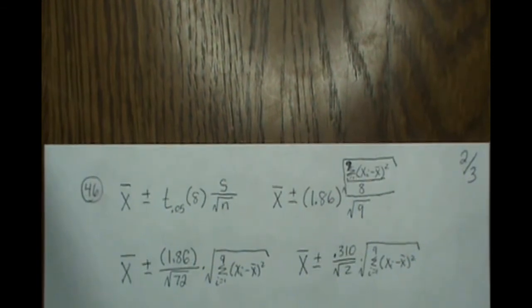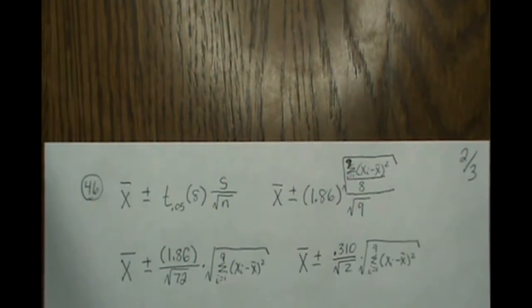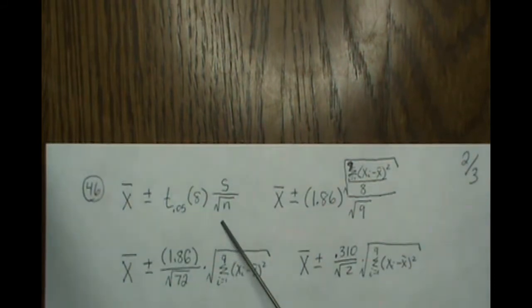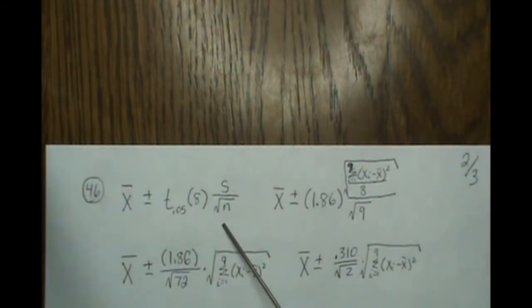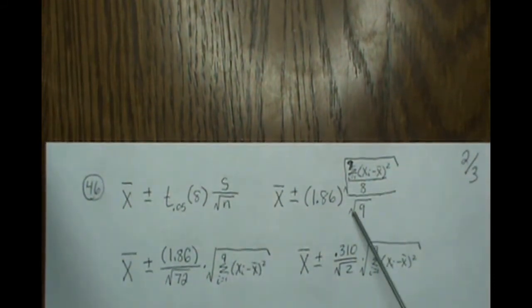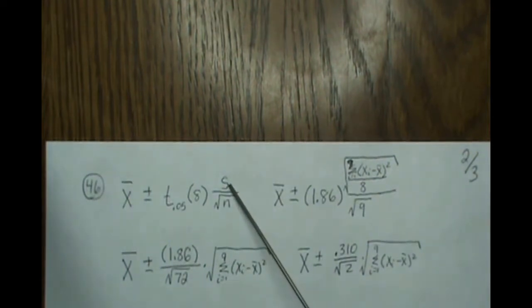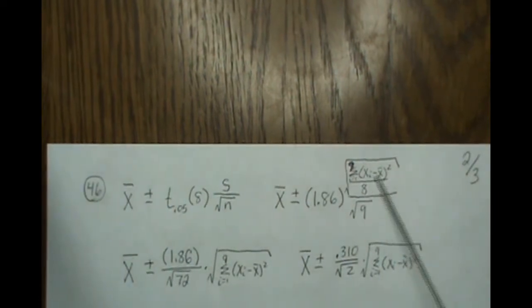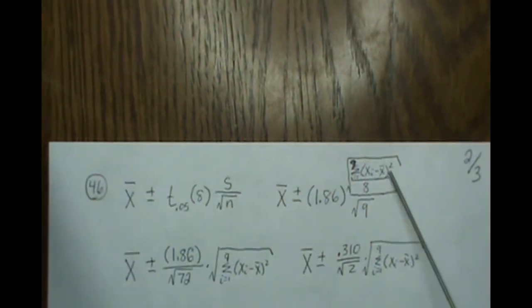Number 46, we want to find which one is the correct confidence interval. So this is the formula for confidence interval. We have a sample size 9, so this is 9. And the sample standard deviation is you take the sample variance, which is this sum of squares thing, divided by